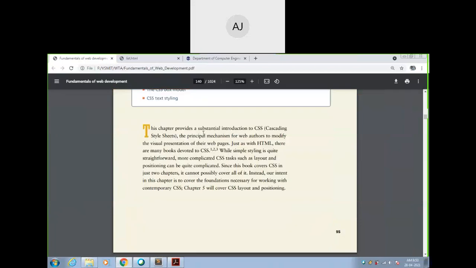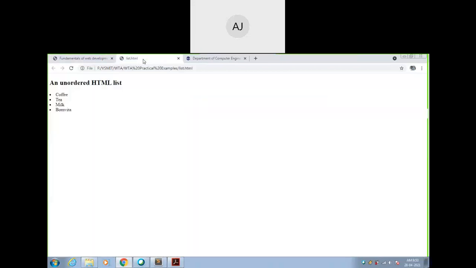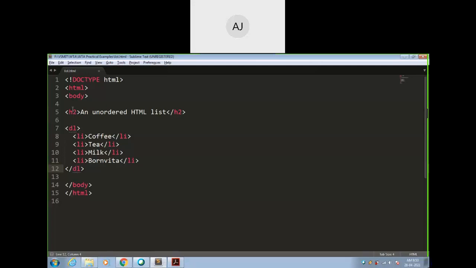Okay, for example, now you see this example. So this is an unordered HTML list. I want to make some modification here. So what I will do is I will just include here one extra tag, that is marquee. Okay, so this is one of the tags. Just wait.